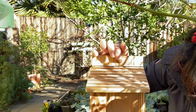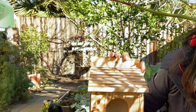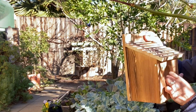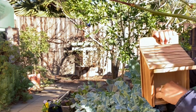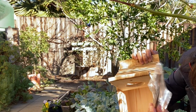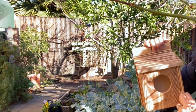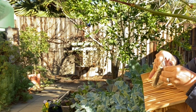And there's a hole here to attach it on a wall or on a tree or on a fence. That's it. Oh, and then there's a perch. One second. So the perch is inside. So it came with a removable perch like this. So the perch would go in here. Oh, actually it came with a...